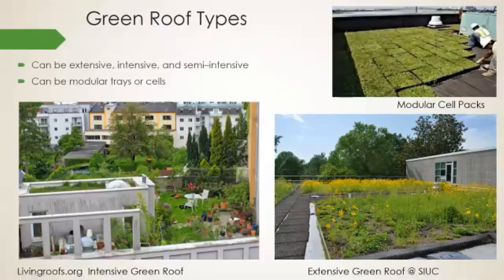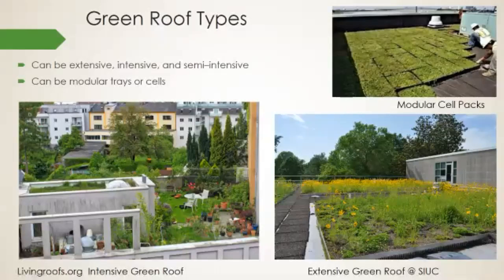These are going to be a little bit more complicated, the more layered architectural features here that would be extensive and intensive green roofs. But the modular cells are a quick plug and play way to get a green roof going, and there are lots of different models and versions of those on the market. And those cell trays offer something unique, that they're able to be installed on steeper sloping pitched roofs than can be the extensive or intensive green roof.